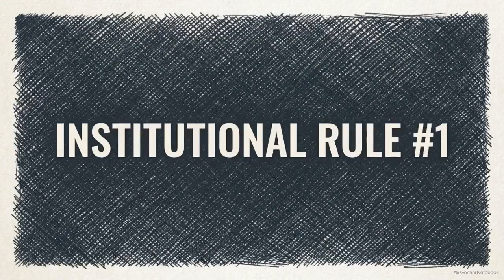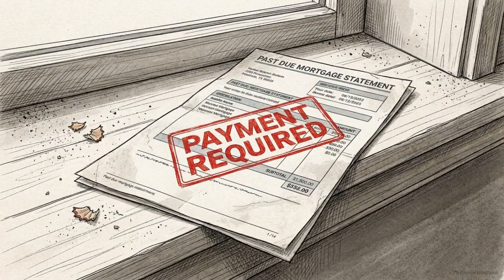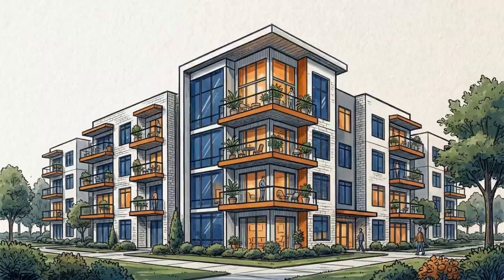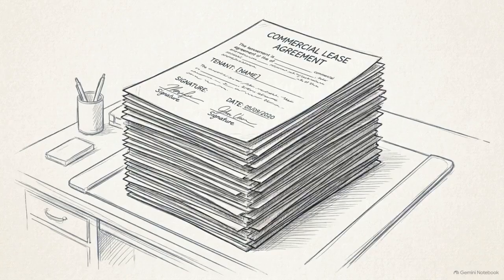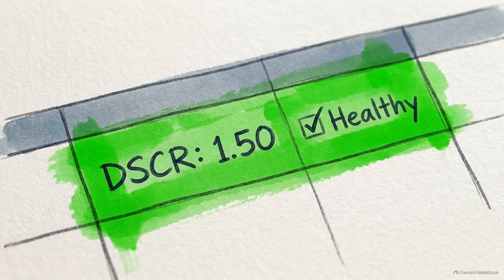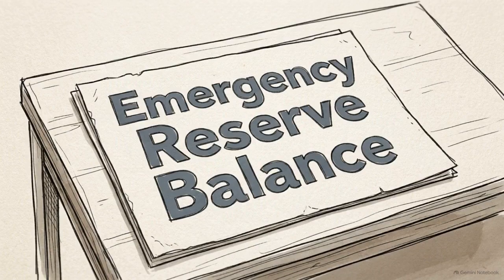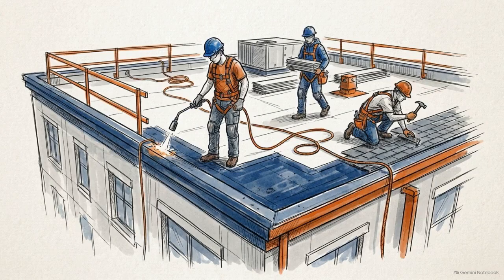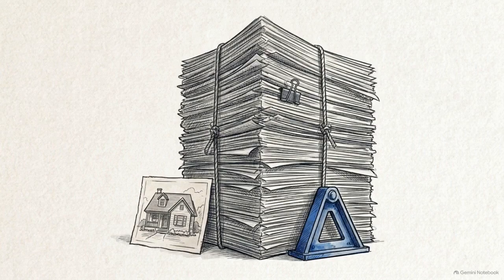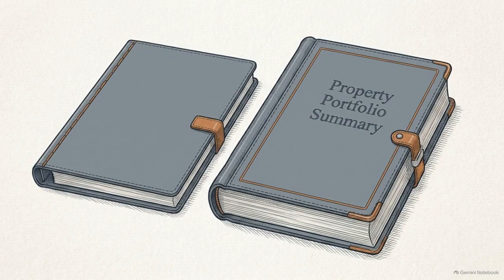The ultimate rule of institutional real estate investing is this: leverage does not and cannot make a weak property a strong investment. Debt creates a rigid payment obligation under all conditions. The most resilient leveraged portfolios are defined by highly defensible income, adequate debt coverage, and massive liquidity reserves to absorb the unexpected. The investor's goal is never to borrow the absolute maximum amount available. The goal is to carefully utilize the precise amount of debt the asset can safely support through a downturn.